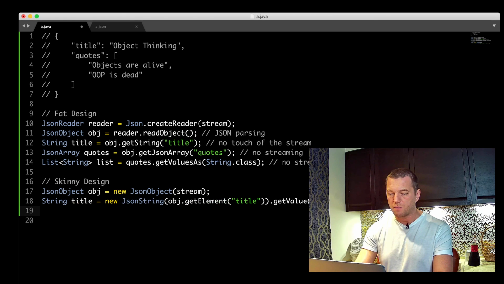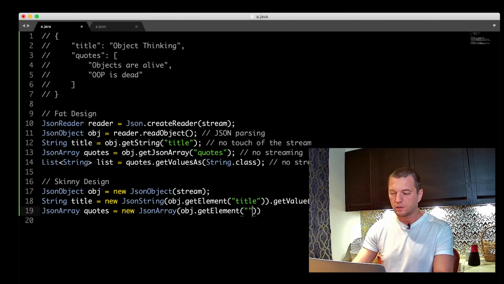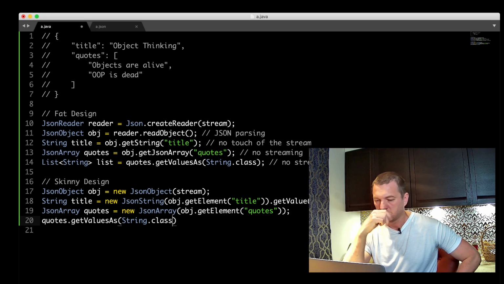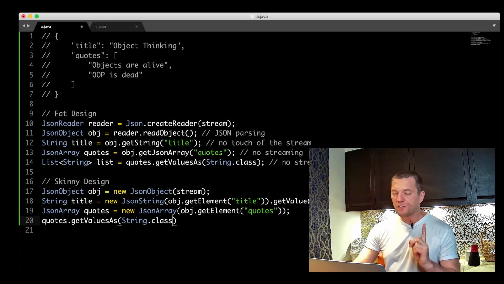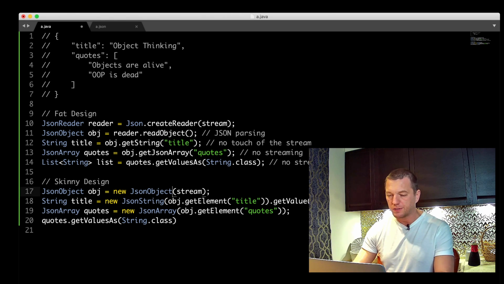and then for array we do JSON array quotes, new JSON array. And then the same story, get values. So here, what I'm doing is that I create an object, JSON object, probably in a similar way to what we've done before.